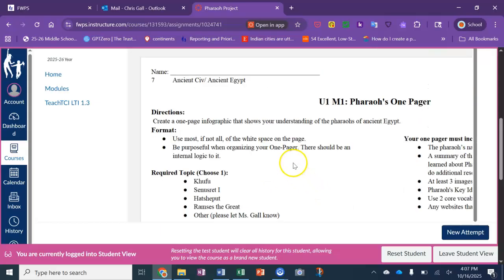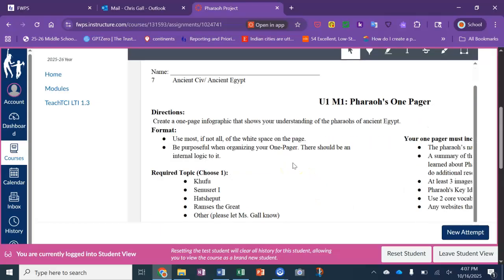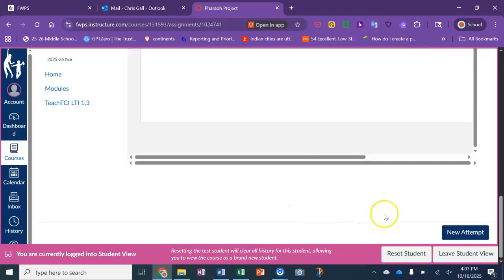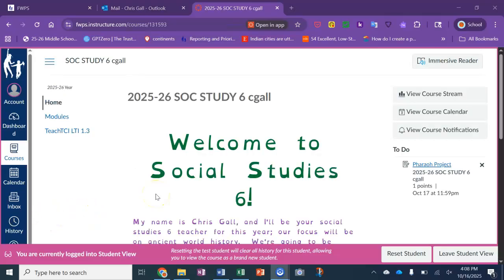And then it's going to give you a preview of what you turned in. So I turned in, like I said, the handout. So that's what mine looks like, right? If I needed to turn it in a second time,